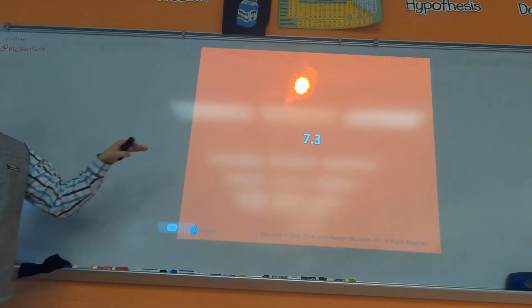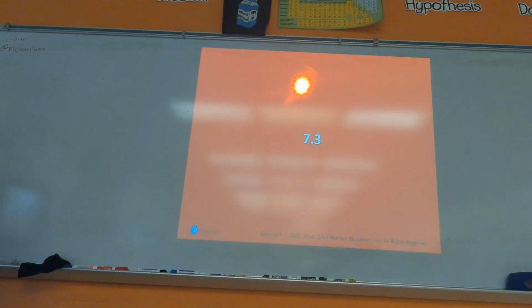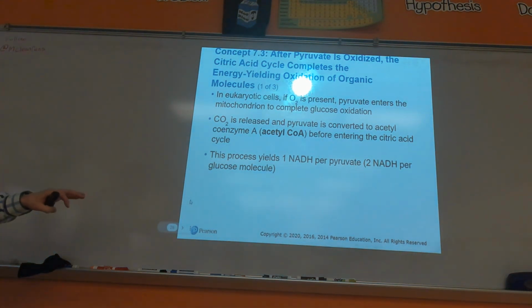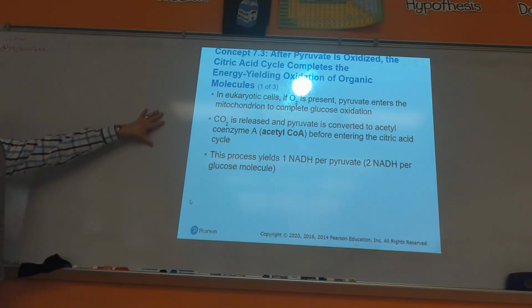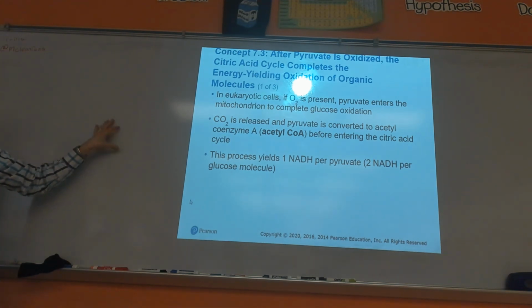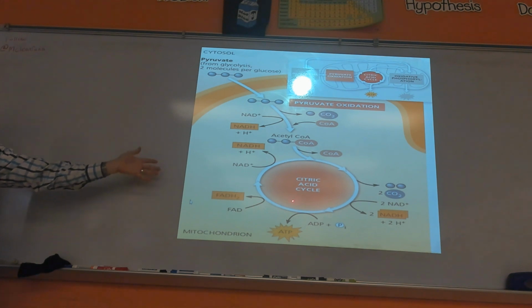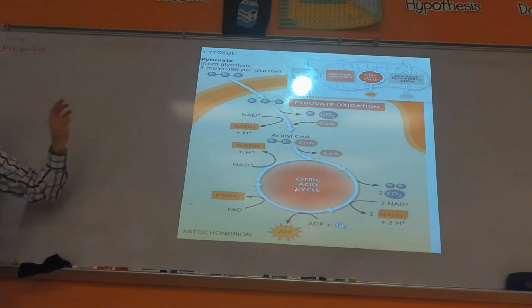Okay, so 7.3, this is the citric acid cycle, also called the Krebs cycle. A similar thing's going on here, where this slide is a big thing to understand from. Meaning, I'm not going to show you all the details here. Really, this slide is the level of detail you were shown in freshman bio. They didn't show you the actual chemical structure of everything, but this gets into the inputs, the outputs, and the general understanding of